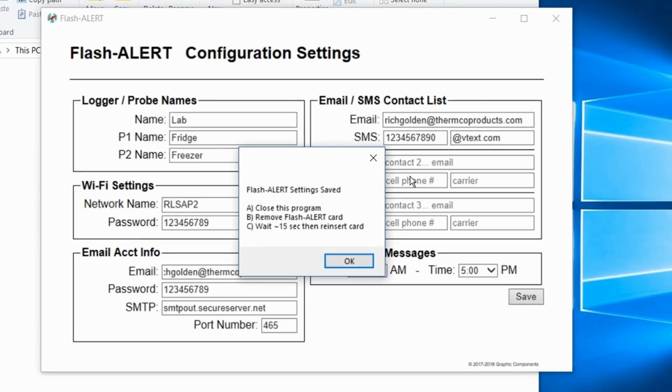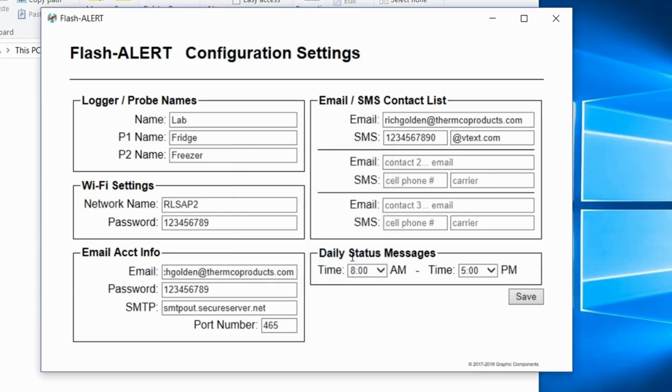First, close this program. As soon as you get done reading this, closing this window, you close the Flash Alert configuration program. Second, remove the Flash Alert card. You pull the USB card reader with the Flash Alert out of the USB drive. Wait 15 seconds, and then reinsert the card or plug the USB card reader back into the PC. You need to do this 2 times. Click OK. We will now close out of the configuration settings window,